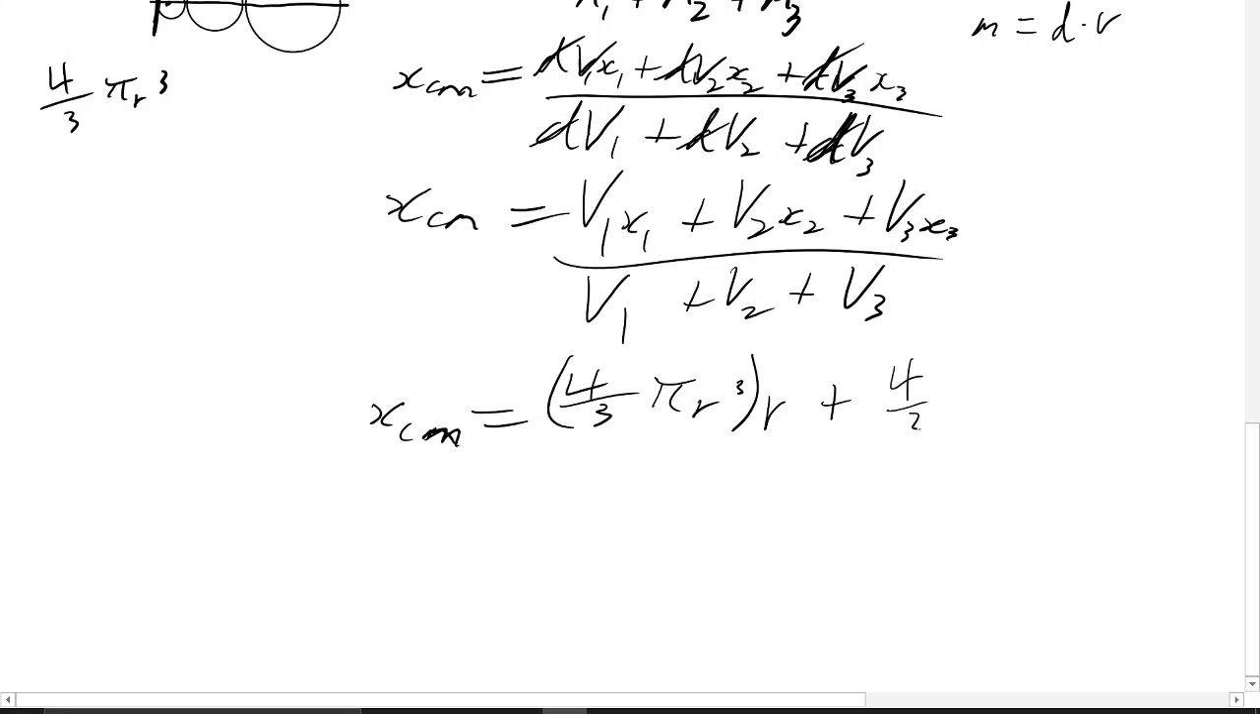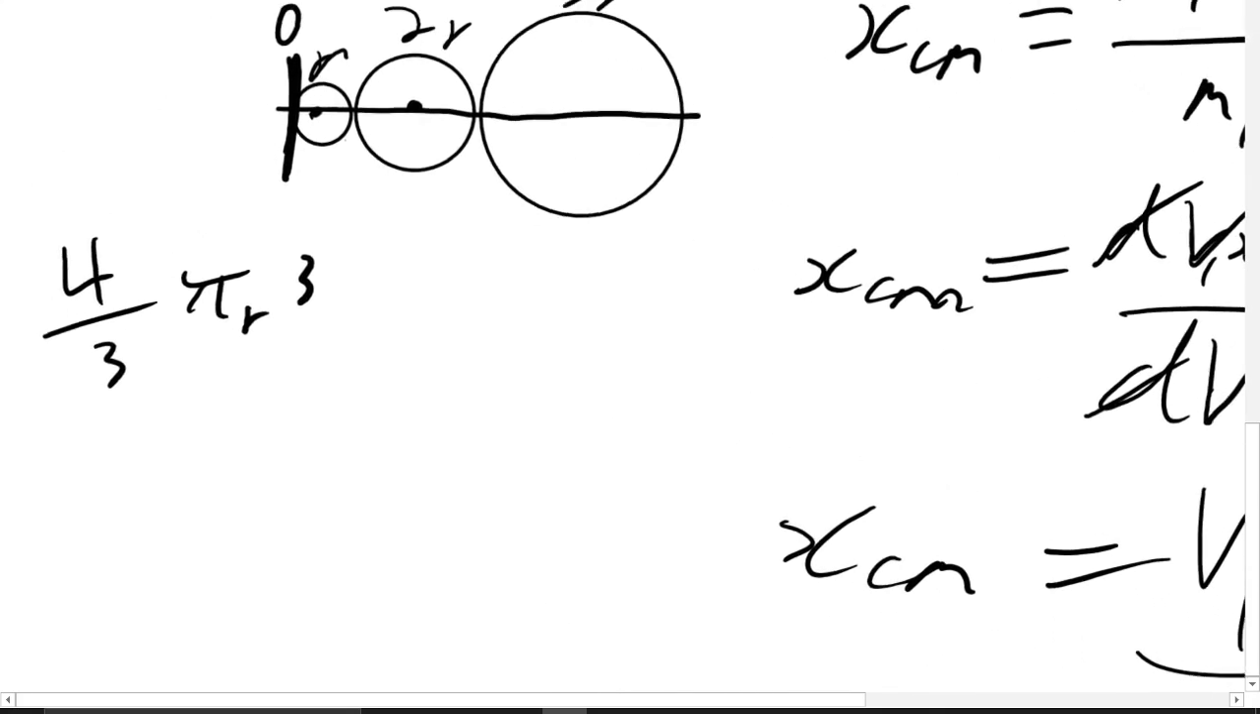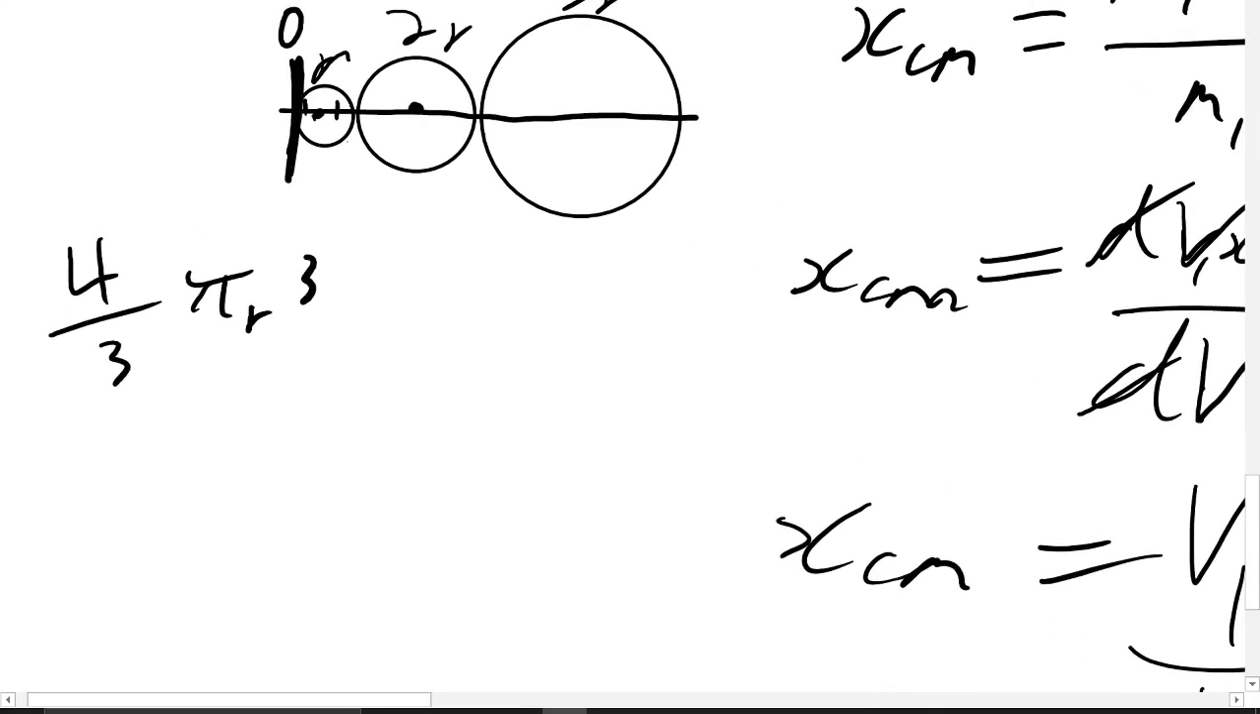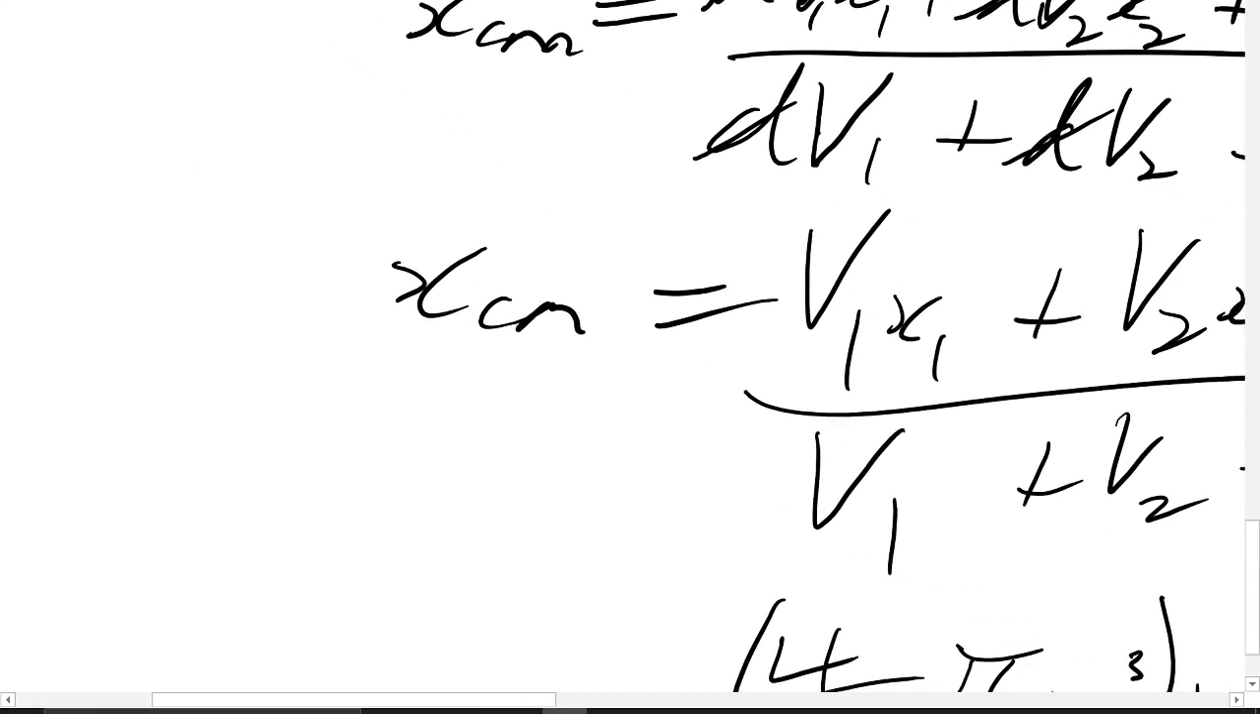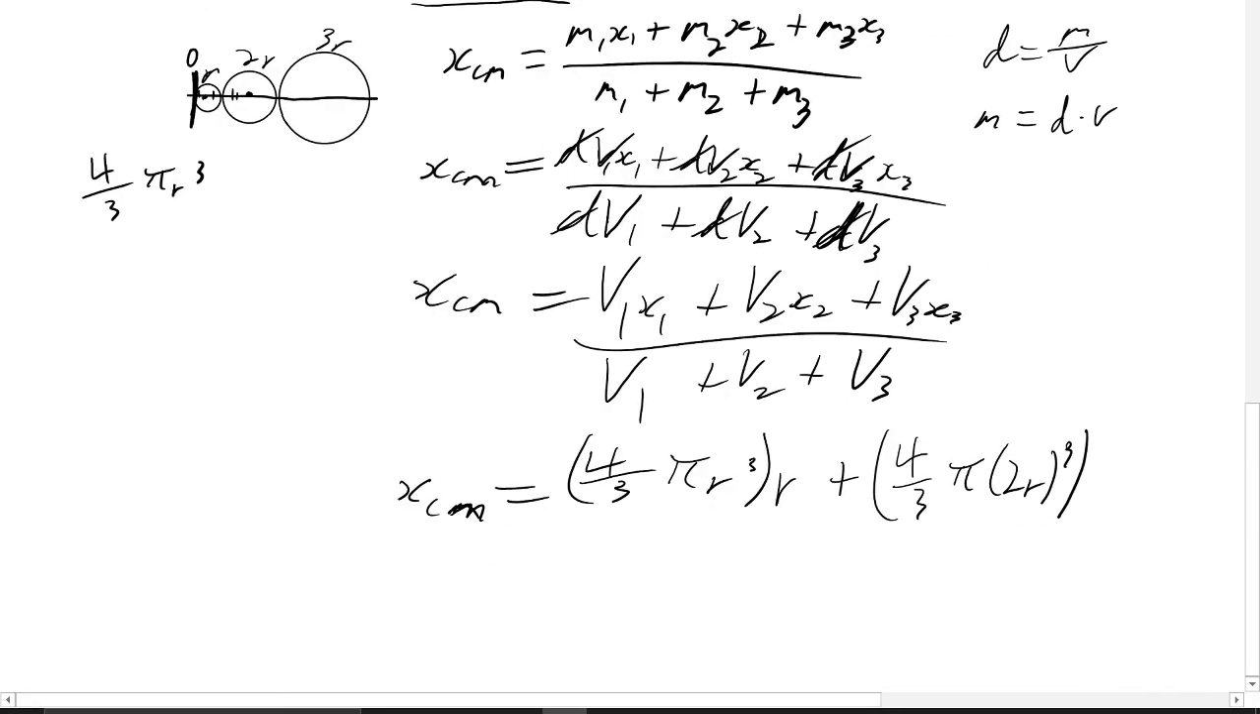v2 is 4 over 3 times pi r cubed, and in this case it's 2r cubed, and then times x2. Count, there's 1r to the left. Here, let me zoom in. 1r here, 1r here, then there's 2r here, so that means there's a total of 4r to the center of mass of the second circle,